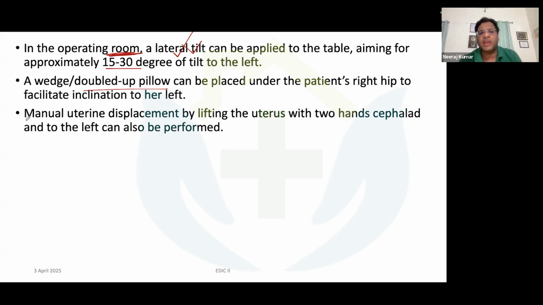And the third part is your MUD, that is your maternal uterine displacement. So how are you going to do that? How are you going to do